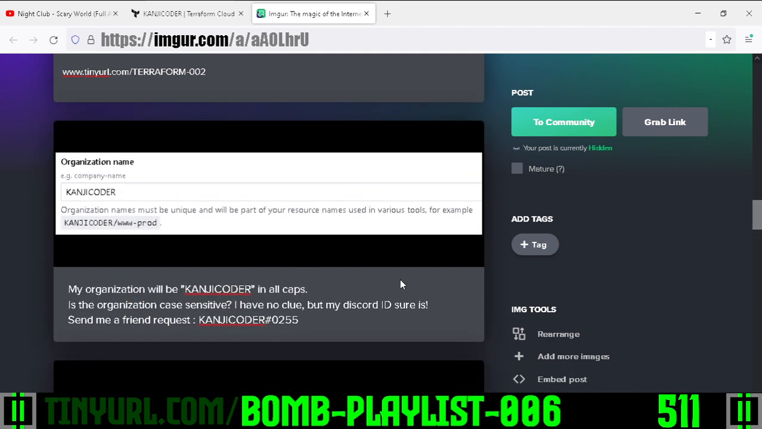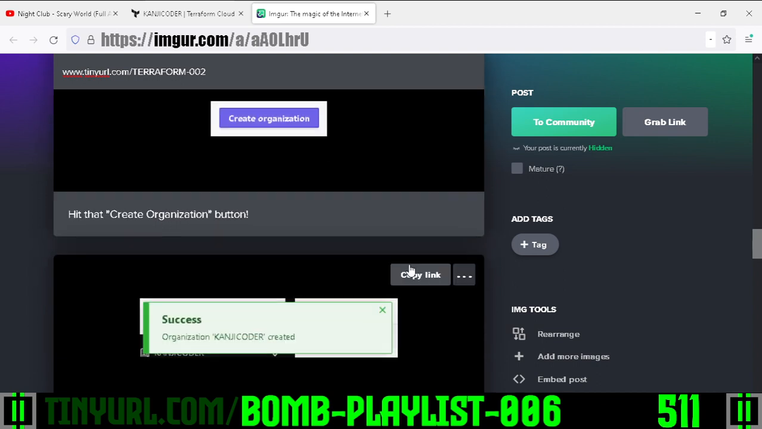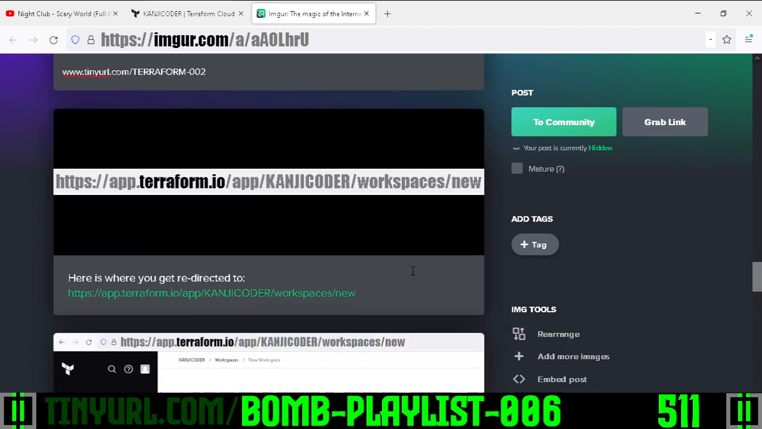Okay, so Kanji Coder, all capitals. We're going to create organization by hitting this button here. And this little success dialog is going to pop up in green. Now, it might just fade away, or you might have to click it. I don't know. And then you'll be at